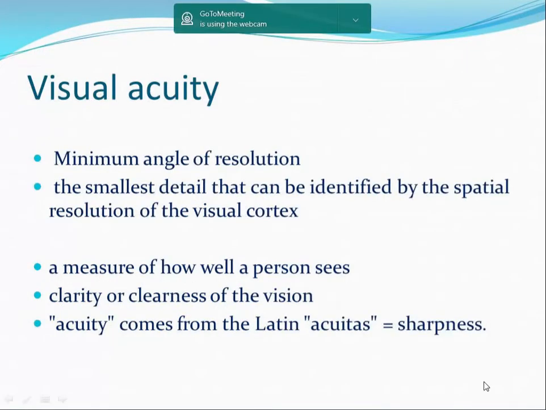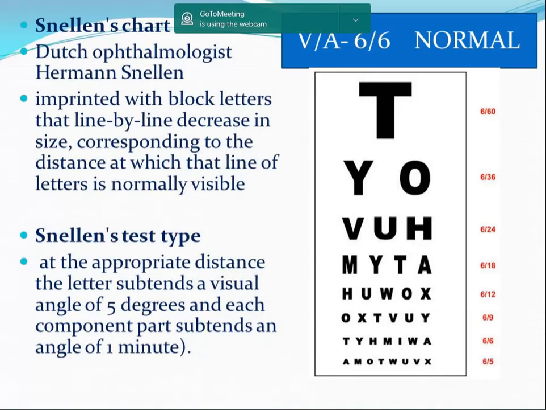We were talking about visual acuity, how to quantify or assess it. What you people are doing, the counting fingers thing, is called bedside visual acuity. But actually, how do you quantify? This is by using the Snellen's chart. It was designed by a Dutch ophthalmologist called Herman Snellen. This chart consists of block letters.